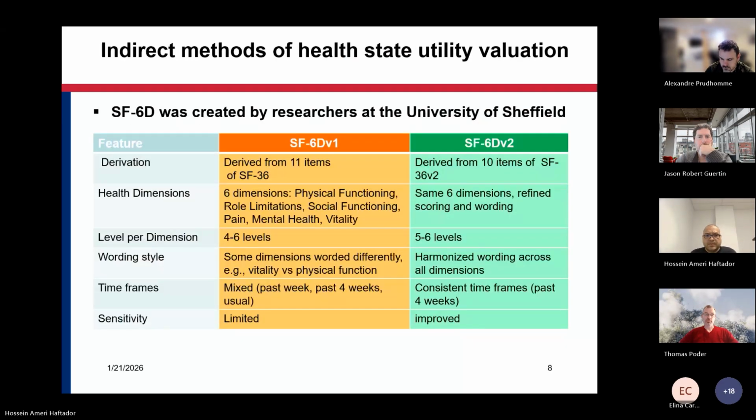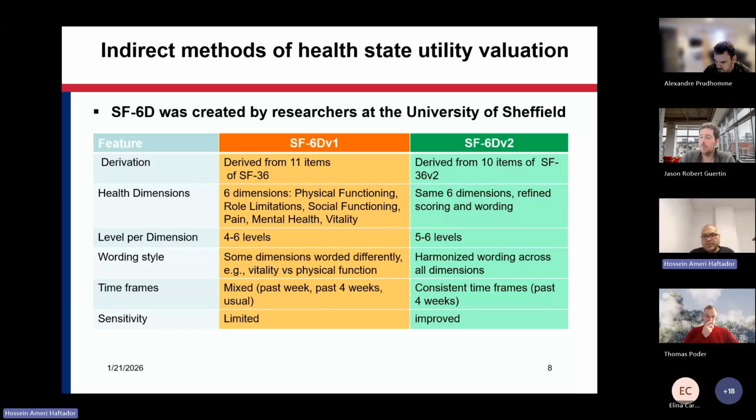SF6D is an indirect method. SF6D was created by researchers at the University of Sheffield under the leadership of Professor John Brazier. SF6D can be used in two versions, version 1 and version 2, two versions derived from